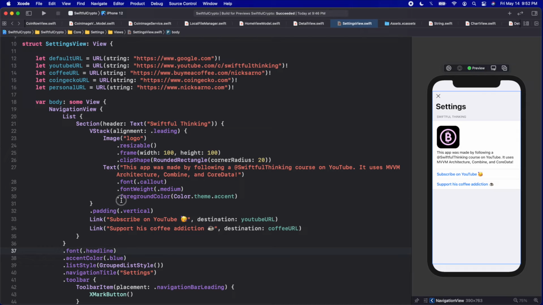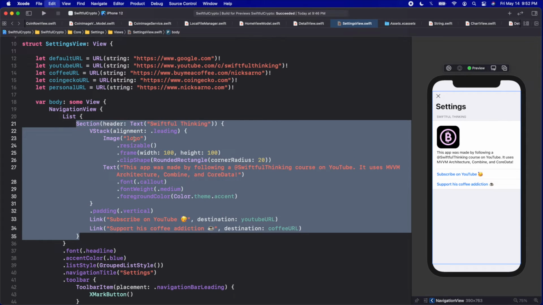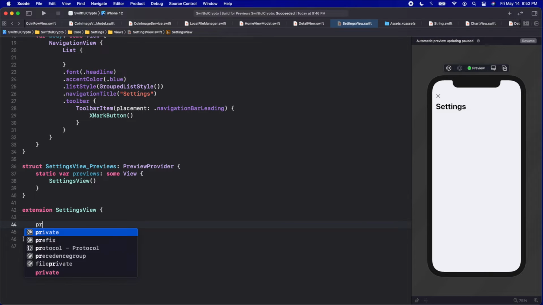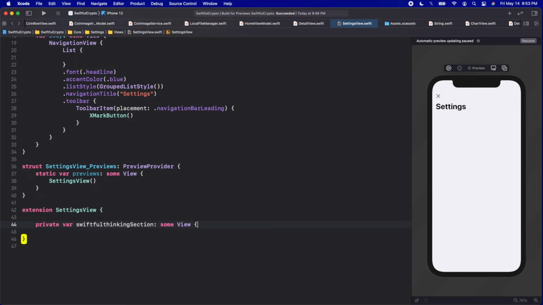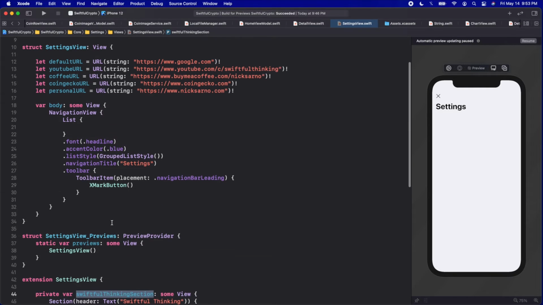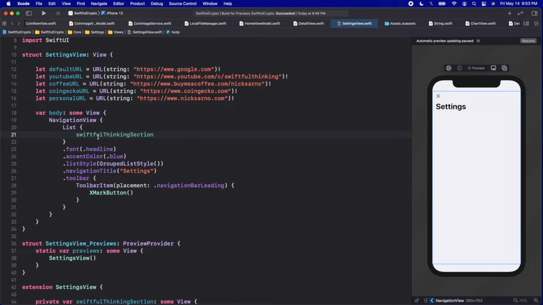That's it for our first section. So I'm gonna cut this section here. I'm gonna scroll down, let's create an extension like we usually do. So let's extend our SettingsView, open the brackets. Let's create a private var. We'll say swiftfulThinkingSection of type some View, open brackets, paste that inside. I'm going to paste our Swiftful Thinking section at the top of our list here. Let's click resume,